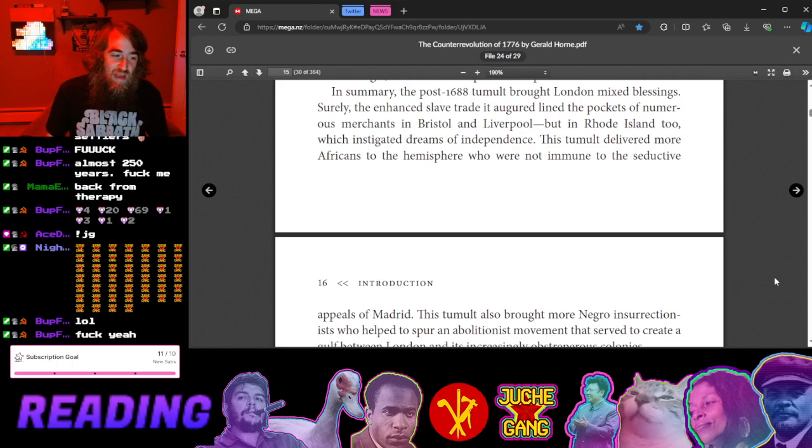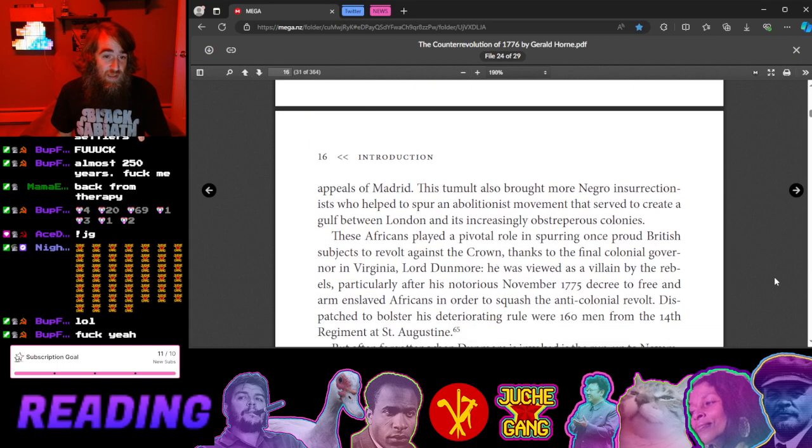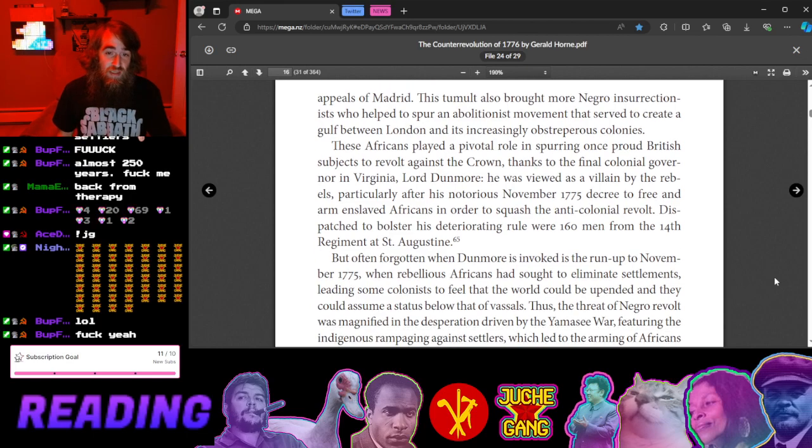In summary, the post-1688 tumult brought London mixed blessings. Surely, the enhanced slave trade it augured lined the pockets of numerous merchants in Bristol and Liverpool, but in Rhode Island too, which instigated dreams of independence. This tumult delivered more Africans to the hemisphere who were not immune to the seductive appeal of Madrid. This tumult also brought more Negro insurrectionists who helped to spur an abolitionist movement that served to create a gulf between London and its increasingly